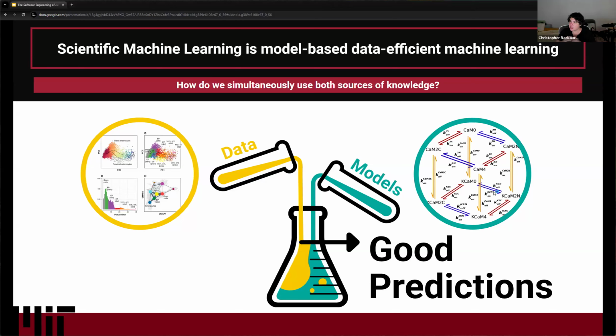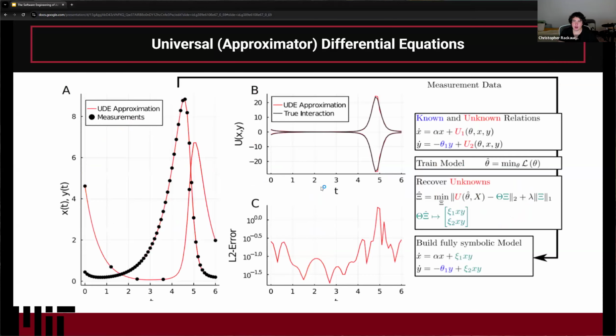A lot of the SciML organization is around building scientific simulators, so that they can connect to these machine learning and data spaces for doing this kind of research and these kinds of algorithms. I want to highlight one particular kind of algorithm that we do here. This is the universal approximator differential equations, also known as universal differential equations, where what you do is